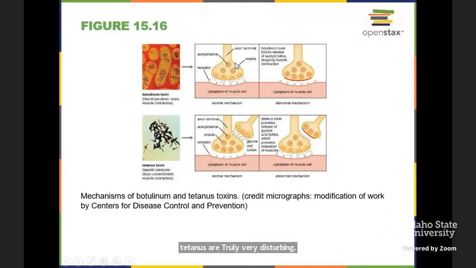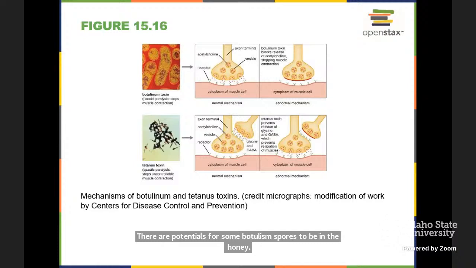There are other issues, other disturbing things, like with botulism. Honey is something that is ill-advised to give to infants. You need to be about 2 years old before your gut is developed enough to truly deal with that, because there are potentials for some botulism spores to be in the honey. And in those circumstances, through the ingestion of that,